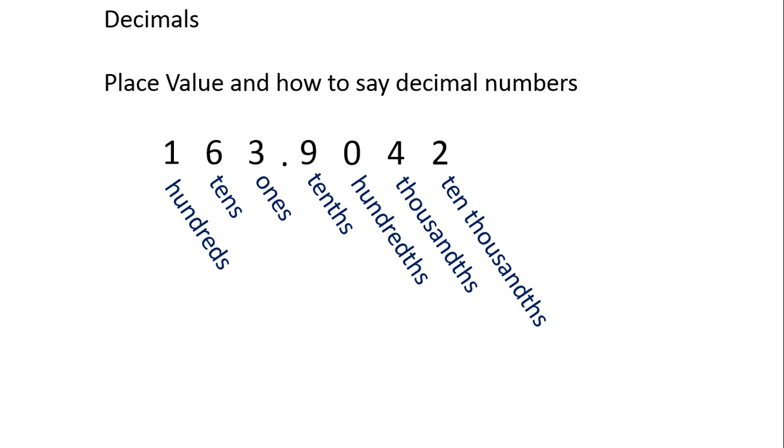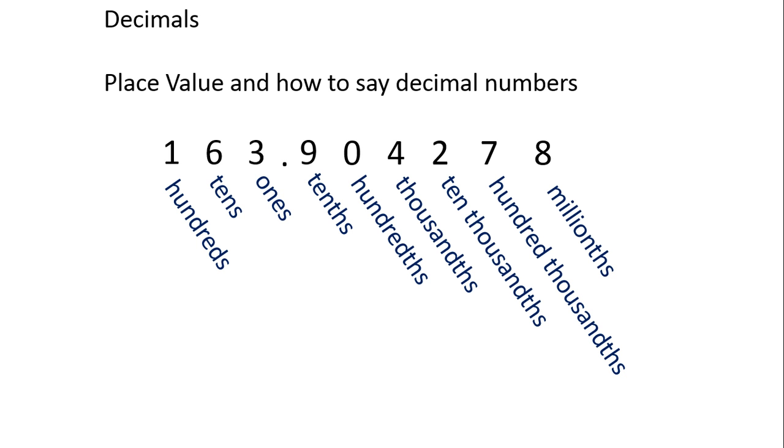This number would be 163 and 9,042 ten-thousandths. This number is 163 and 90,427 hundred-thousandths. And this number is 163 and 904,278 millionths. Now we could continue and keep naming place values after the decimal point, but what's important to notice